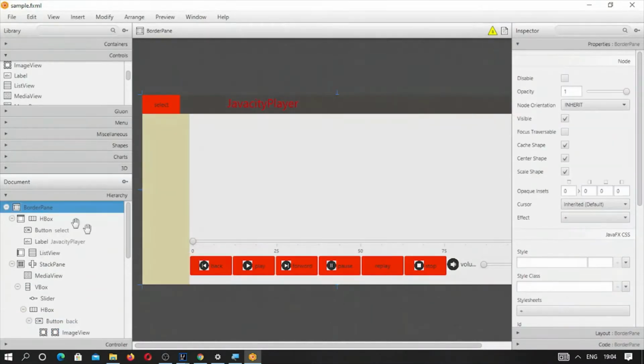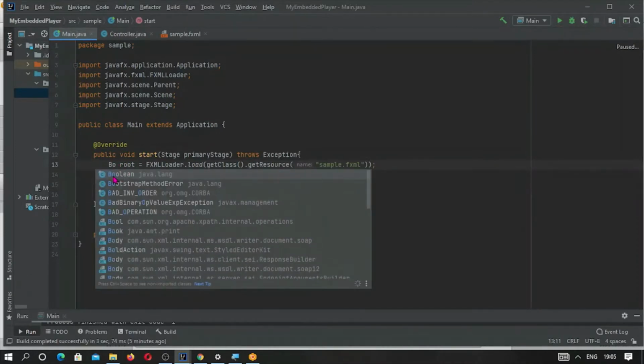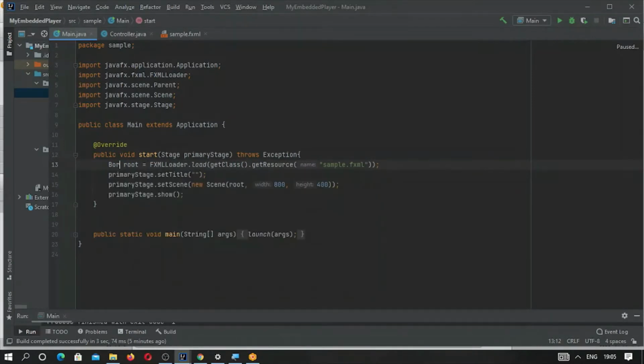So here BorderPane is the parent root, so we can change this one. So here we can take BorderPane. Okay, this is the beauty of IntelliJ IDEA. When we are typing keywords, automatically it gives indication. So BorderPane is our main root, and title we haven't given.